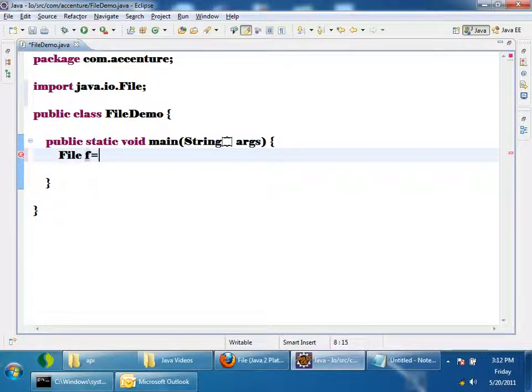File f is equal to new File, and I will pass some path, F colon abc.txt. I'm not sure whether on my F drive it is there or not.